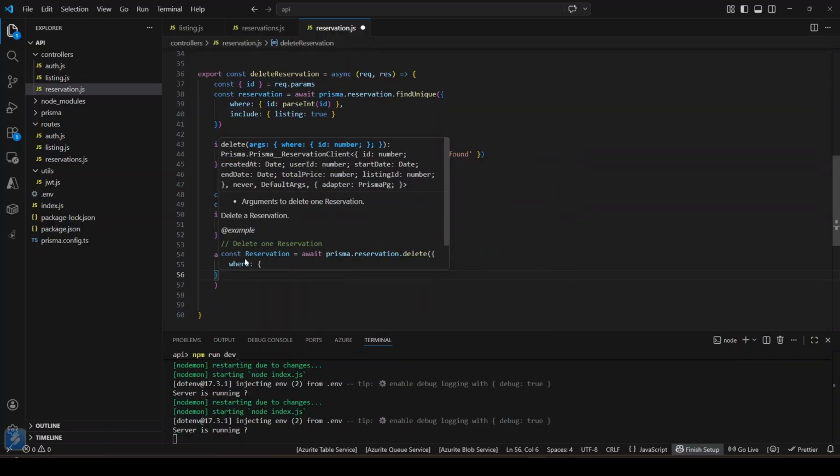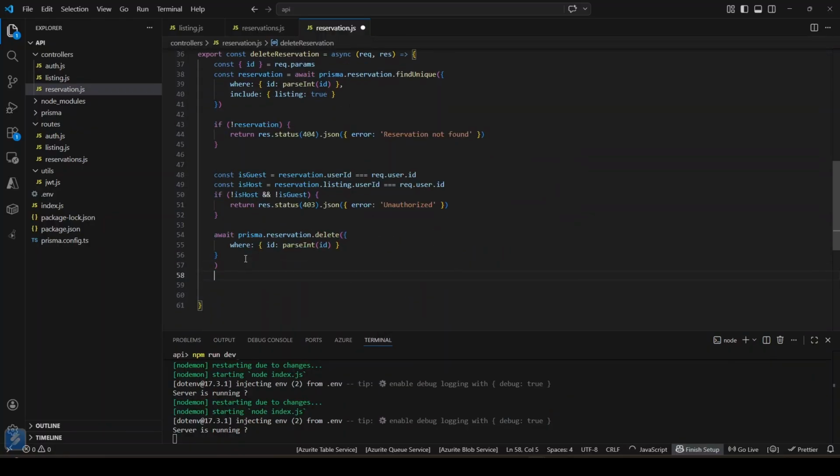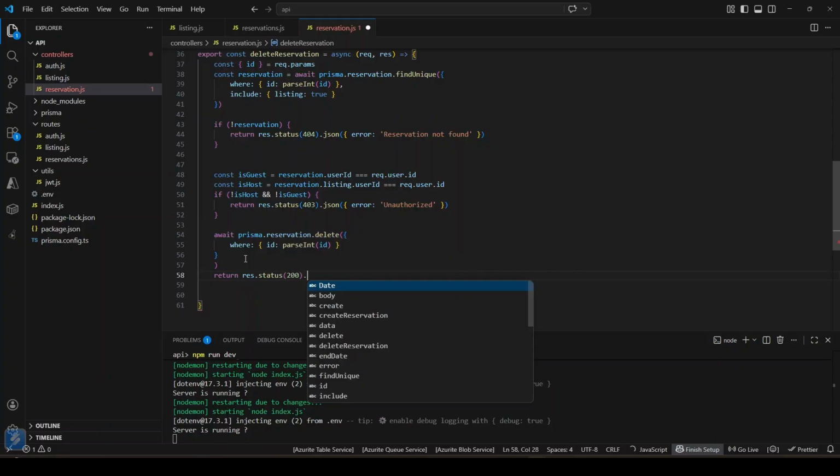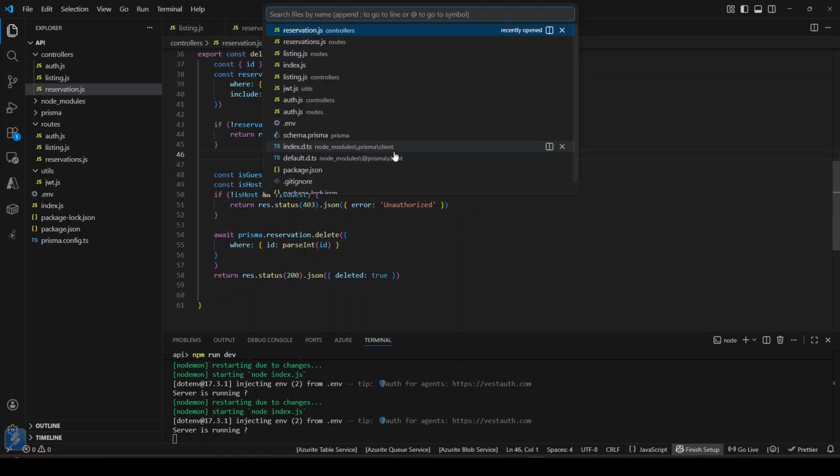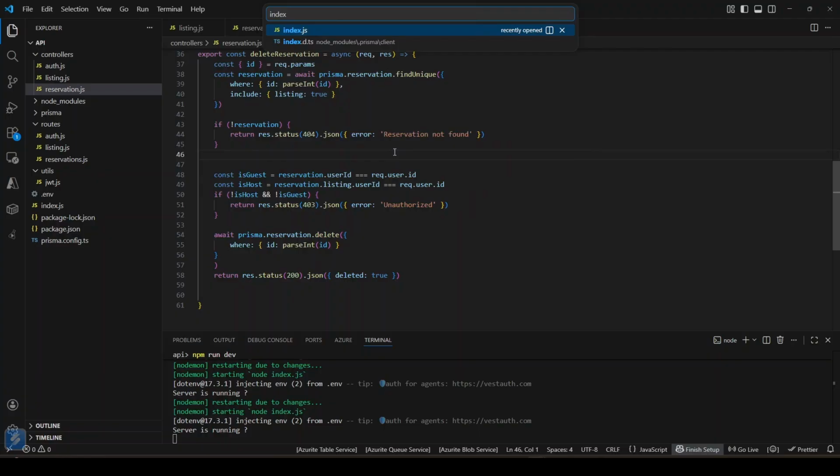So it's just like this. Once everything is okay, I will return the res status, and the value is 200 JSON, and put deleted as true, like this. If I return back, before I need also to add inside my index.js file,